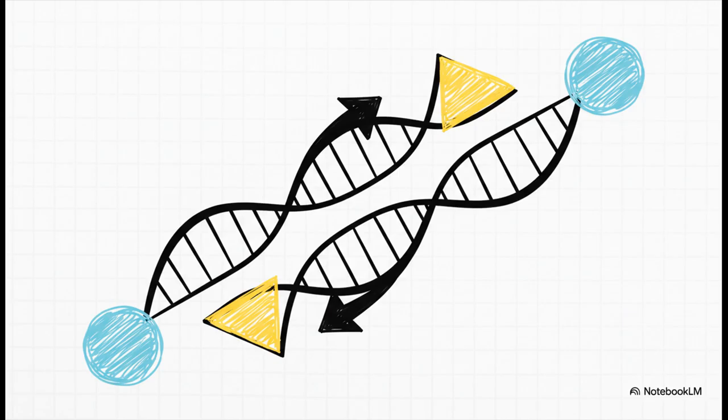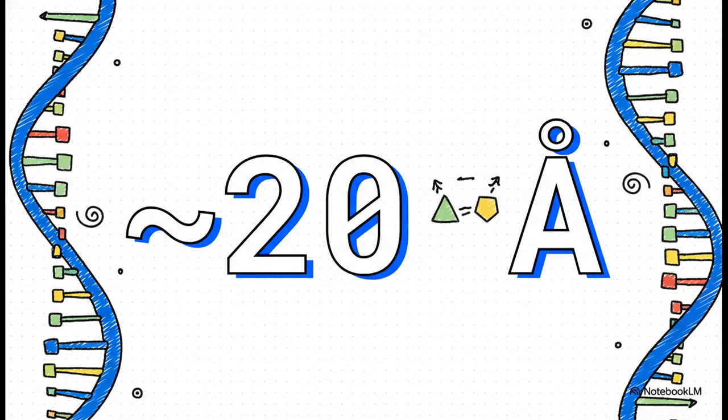You have the northbound lanes and the southbound lanes. They run parallel, but in opposite directions. And that orientation is absolutely critical for how the cell's machinery can actually copy and read the code. So you take that perfect base pairing, that anti-parallel structure, and what do you get? You get that beautiful, famous twist, the right-handed double helix. It's just an incredibly elegant and stable structure, and it's so consistent that its diameter is always right around 20